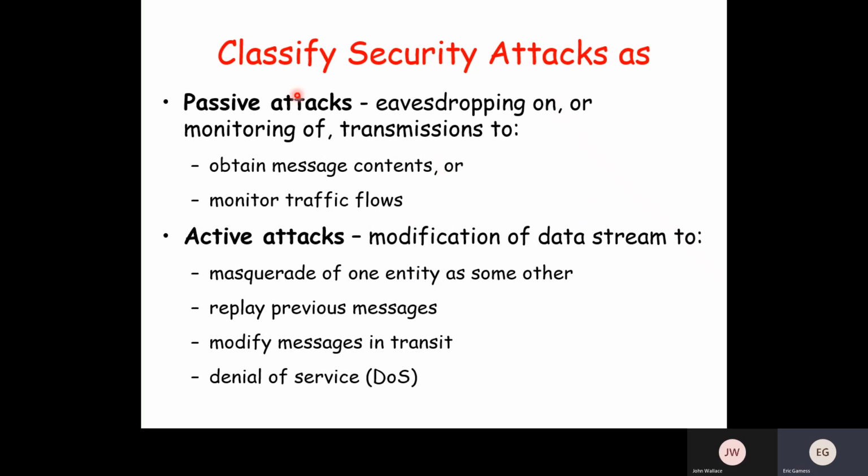Okay, the difference between passive attack and active attack. In the passive attack, you don't modify the information. Since you don't modify the information, it's very difficult to detect. So for example, when you eavesdrop, when you listen secretly, it's a passive attack. It's very, very, very difficult to detect, no? And it's a very good attack, by the way, no? Because getting the information of the other is something that has a lot of value.